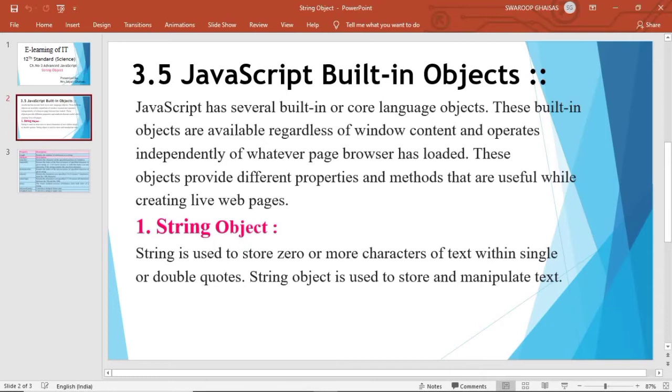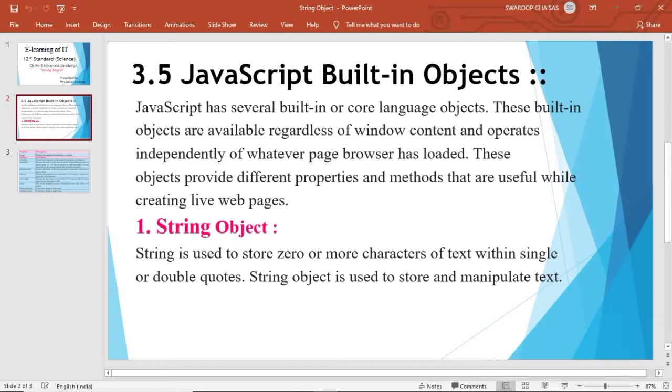So let us see what is a string object. What is a string? A collection of characters is nothing but a string. One alphabet A is a character, but suppose we have combined A, B, C, D, then that is a string. String is used to store zero or more characters of text within single or double quotes.